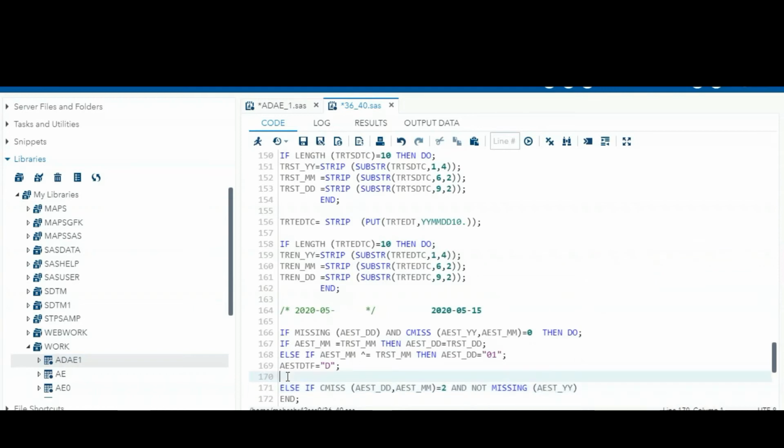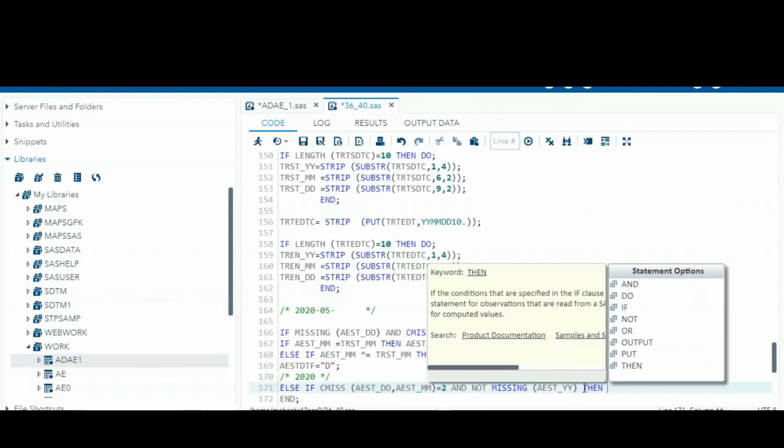Here the condition is like this, 2020. Only the year part is present. There is no month part and there is no day part. So the day part and month part both are missing. Okay, only the year part is present.